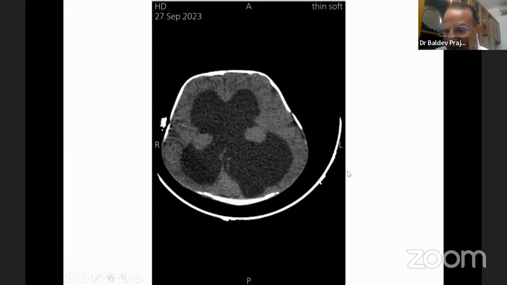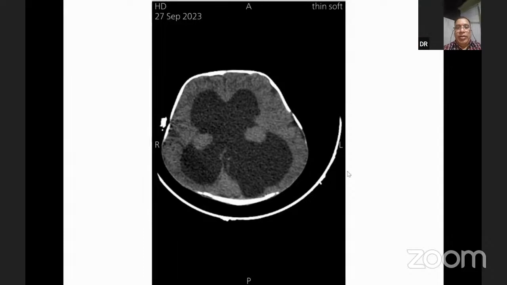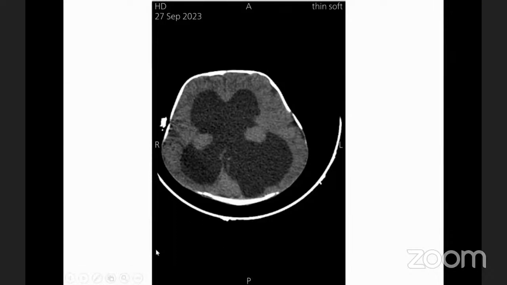If all the four ventricles are dilated, then it means that it's a communicating hydrocephalus. And if the fourth ventricle is small and the third ventricle and lateral ventricles are dilated, it means that it's a triventricular pattern of hydrocephalus, and there can be an aqueductal stenosis, like what we are seeing in this particular case. And also because of the chronic long-standing hydrocephalus, probably what we are seeing is the brain matter is severely compressed.